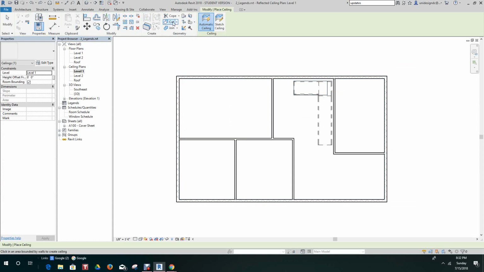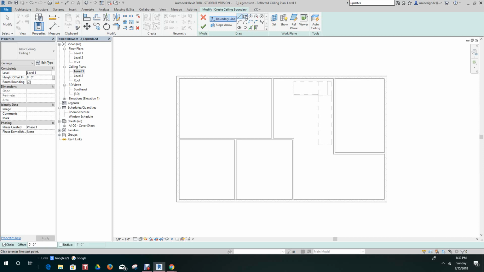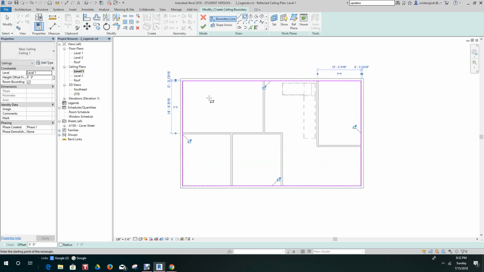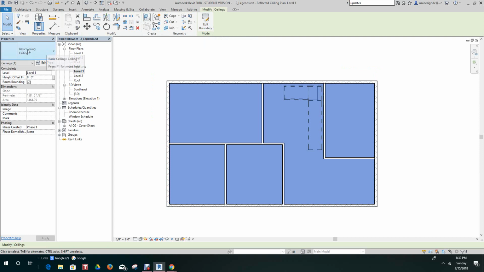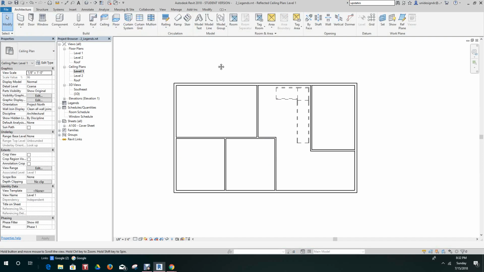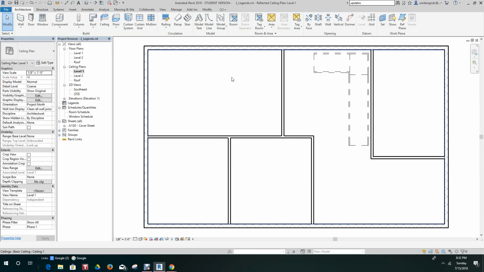And then we'll just sketch our ceiling. So we hit the sketch tab, hit our rectangular tool, and we'll sketch our ceiling just across here. We got an offset of 8 feet, which is pretty normal residentially, and then we'll click finish. Now this ceiling is a basic ceiling. I guess the basic ceiling would probably be a gypboard or sheetrock or whatever you want to call it. Now we'll shut this guy down, and remember you need to do the second level as well.